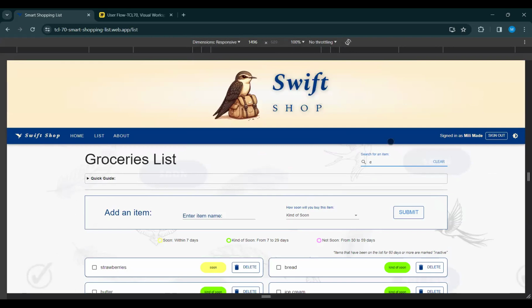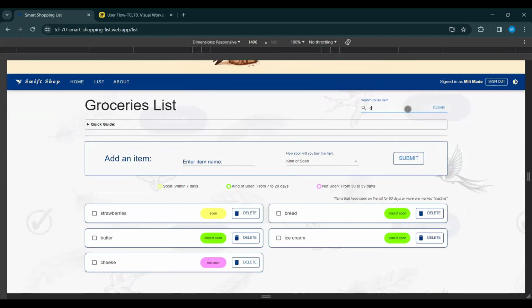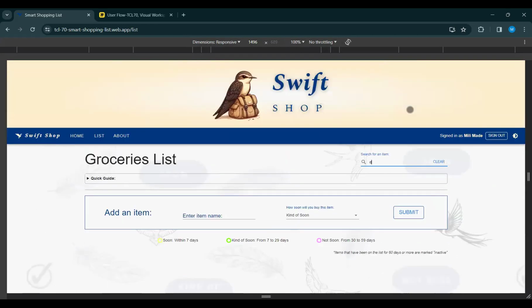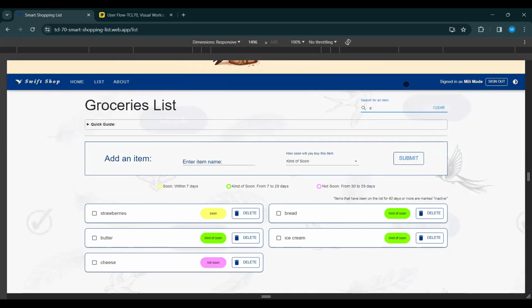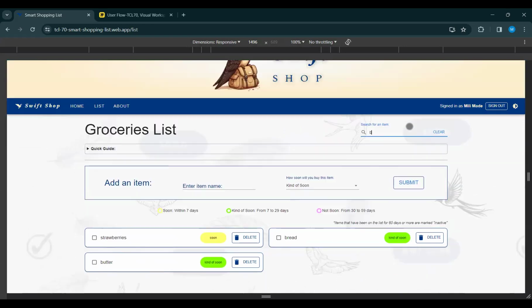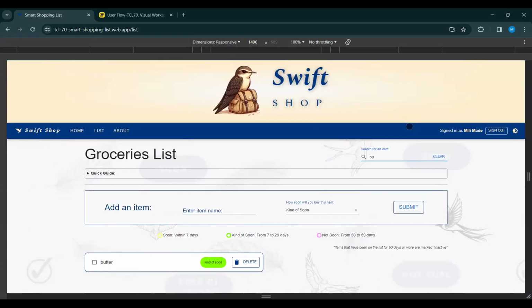do that, you can see it update as you go along. So I don't have any eggs. I should have added eggs. So if you go E, everything with E shows up. Go with B, everything with B. And as you type, it narrows it down. So